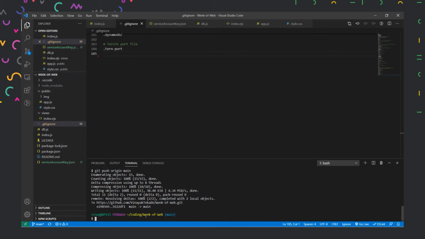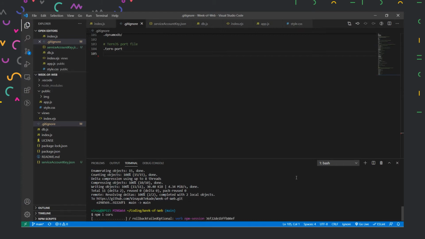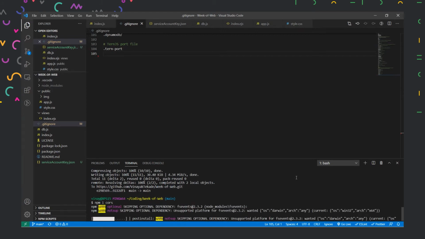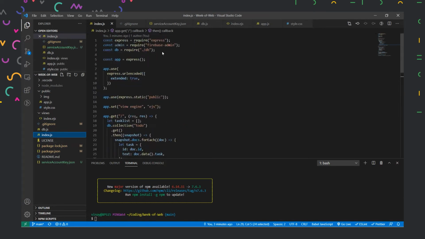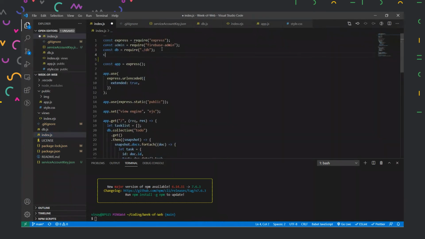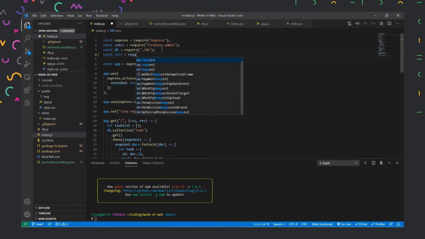All these things are already written in an npm module. So if I just type npm i cors, where cors stands for cross origin resource sharing, that will install it. After that, I just have to go to our index.js file where all the backend code is written, and import cors over here. So I'll just type const cors = require('cors'),